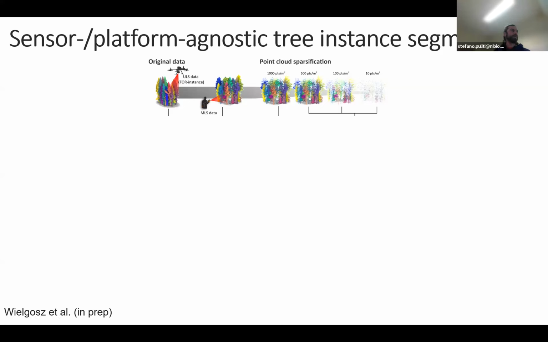And these sparsity levels are representative of different types of data that one might get from airborne platforms, or airborne platforms at different altitudes and so on. Basically, the further you go to the right here, the greater the impact. If one can do instance segmentation on these point clouds, that would be applicable on a very large scale,